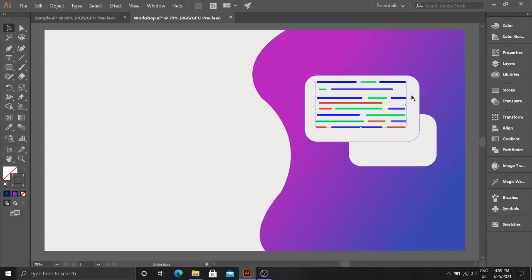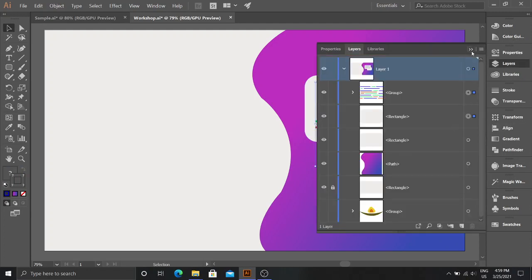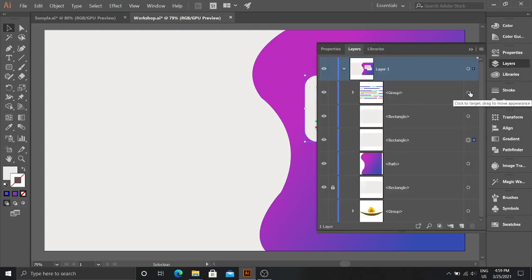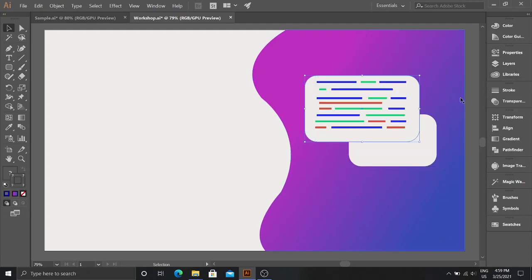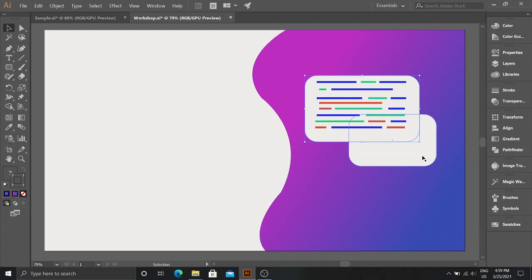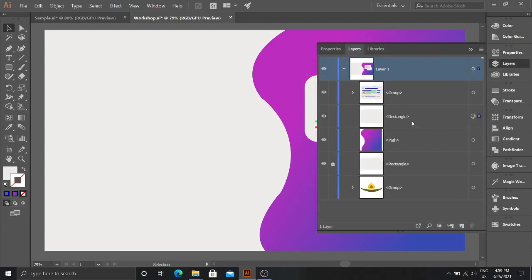Now these lines are on this rectangle, so let us group these. Now we want this rectangle to be above this one, like this.